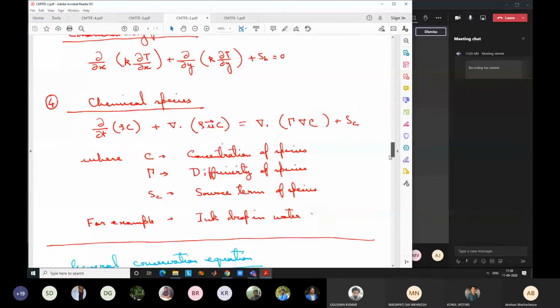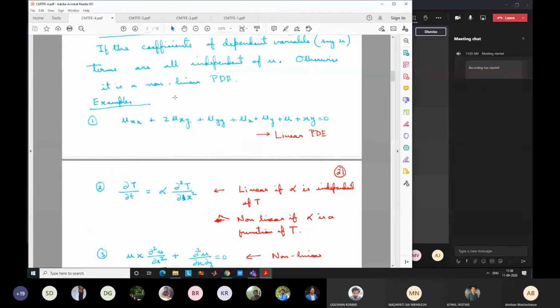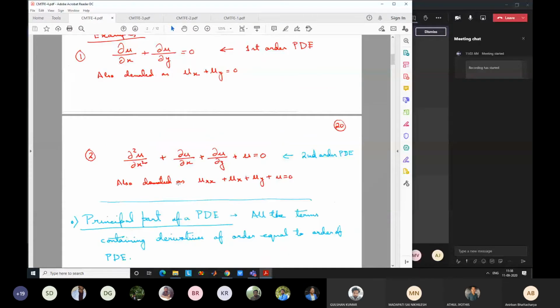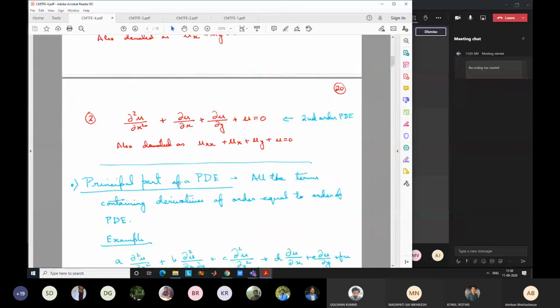Non-linear equations are slightly difficult to solve. Once we know the strategies, we will see that it's not too difficult. It's just an iterative method, but it involves some differentiation in the solution procedure. As a result, we have to differentiate between linear and non-linear PDEs. I hope up to this point it is clear. We know what is a first order PDE, second order PDE, any order PDE. Order is the order of the highest order derivative. And now, what is a linear and non-linear PDE?